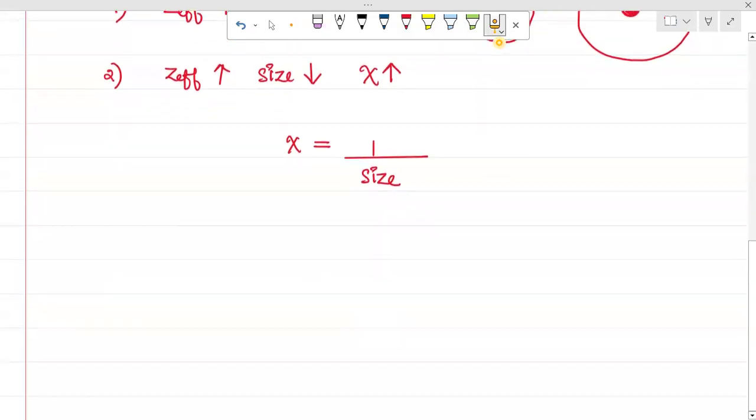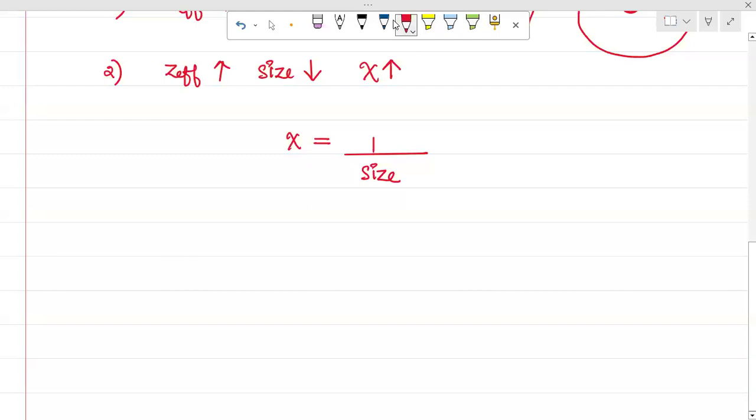Okay. Next, related to size. So you have to learn the earlier concepts to understand these concepts easily. Now we know that the size of a system decreases with positive charge. Correct? So if positive charge increases, your size decreases. And from the second factor, we have learned that if size decreases, your electronegativity increases. Right. So the more the positive charge, the smaller the species, and the smaller the species, the higher the electronegativity.